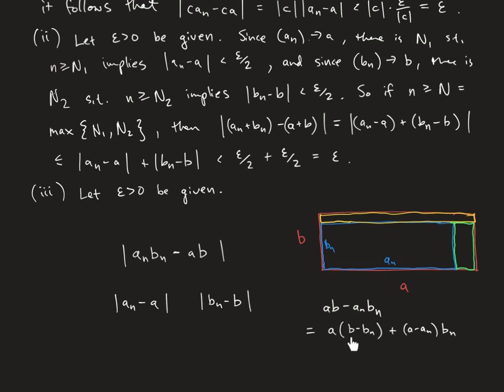So let's just check the algebra that this actually works. A times B gives you the AB, minus AnBn, that gives you that. And then the ABn with a minus sign here cancels with the ABn there. Okay, so that is a perfectly valid expression there.